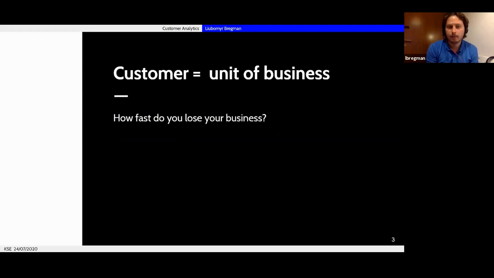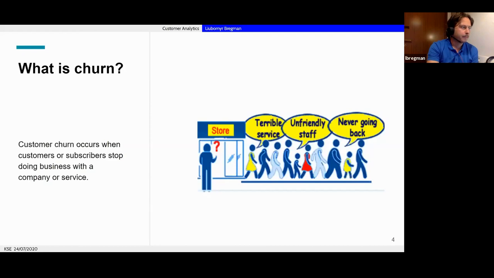And churn is trying to answer a pretty scary question: how fast are you losing your business, or how fast are you losing your clients. Basically, churn is a business definition of the event when people are not happy and stop using the service or a business for some reason.